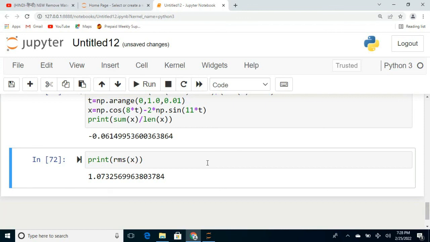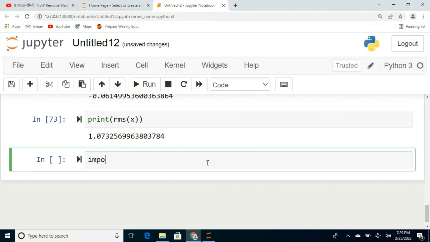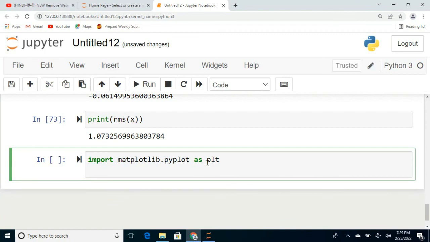Okay, now we shall run another code, a very simple code, and I hope you will like it. The next step is import matplotlib.pyplot as plt, and then